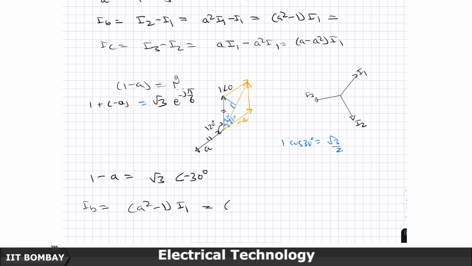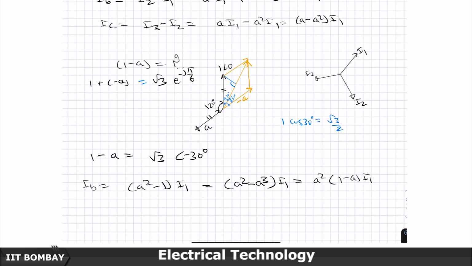For 1, I will substitute a³, because a is a rotation of 120 degrees. So, 3 times you do it, you will get 360 degrees, which is coming back to the original position, which is 1 angle 0. So, I can write this as a² common and I will get (1 − a) times I_1, but what is (1 − a) times I_1? It is